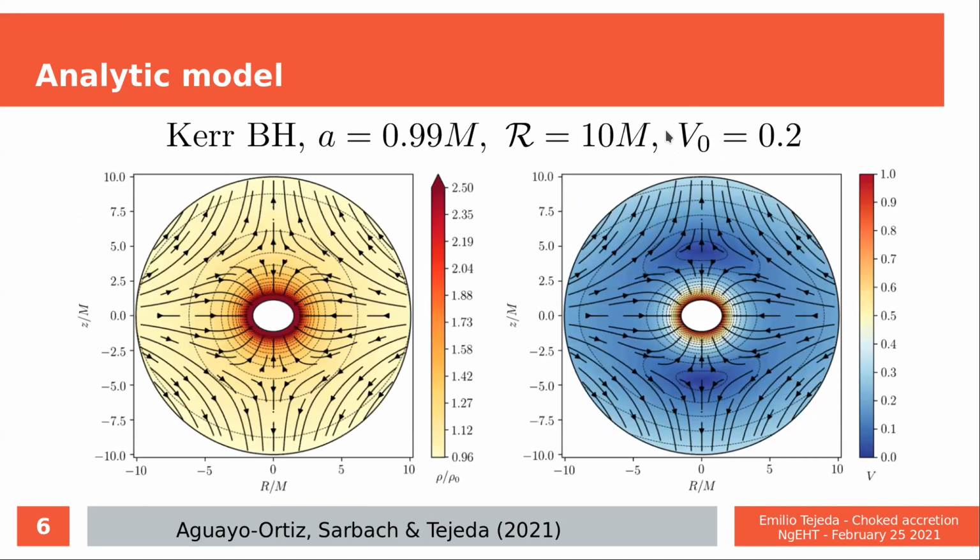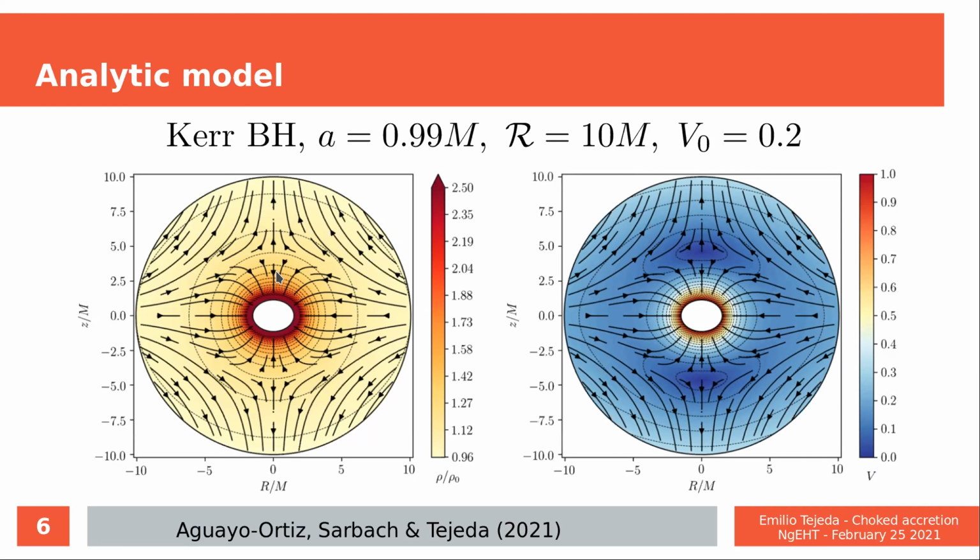This is an example of the resulting accretion flow for a close to maximally rotating Kerr black hole. The panel on the left shows the density map, and the one on the right the magnitude of the three-velocity. The black arrows in both panels show the fluid streamlines. An important characteristic of this analytic solution is that for any combination of the model parameters, the requirement of a regular solution across the black hole event horizon automatically fixes the total mass accretion rate